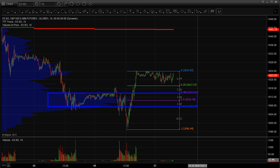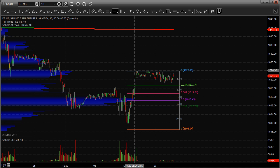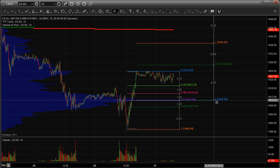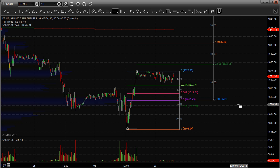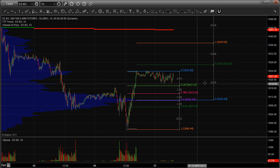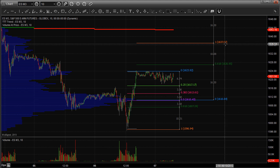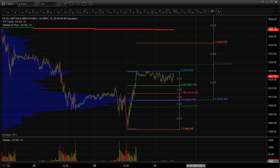As the market, we know, never goes straight up. It goes up, pulls back, goes up, pulls back. Now if it does come back down into that area, we can grab another Fibonacci extension, and you would simply go from the low to the high. Say it pulls back to the 50%. So I'll just draw this one out here. And the simple measured move for that, this leg up, the calculations brings us up just underneath this 20-day moving average, so the 1637. So that would be the next real key measured move target on the